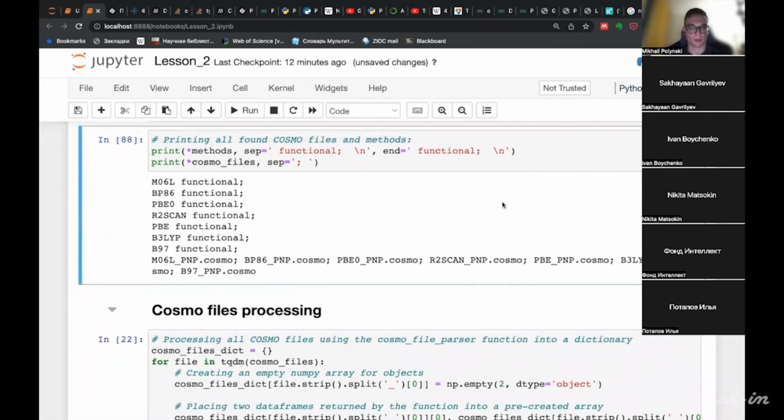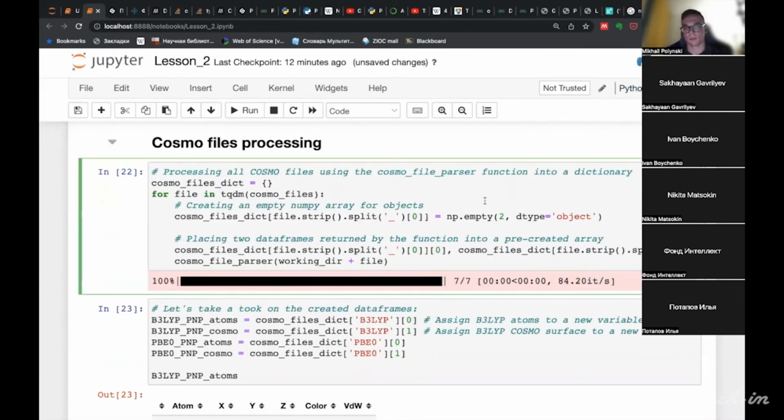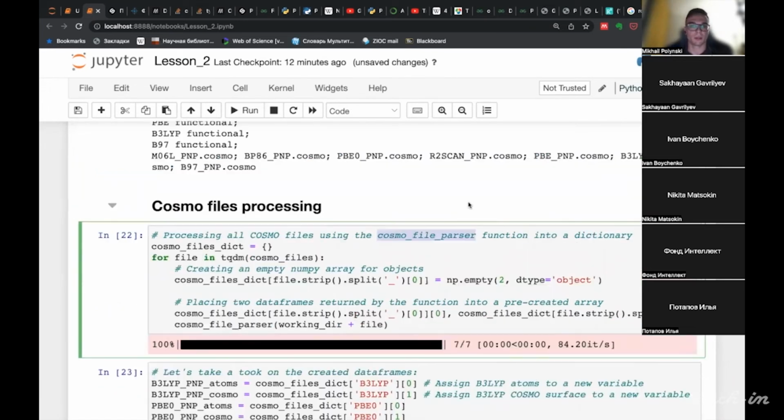So we found all these COSMO files, and now we can process them using the function I've sent you.